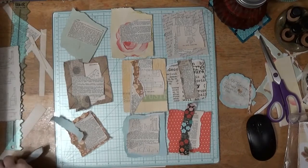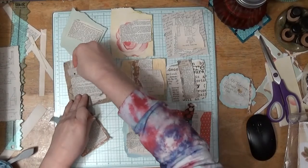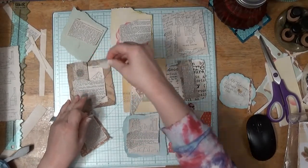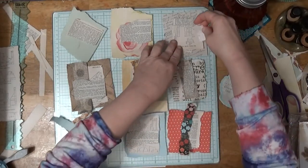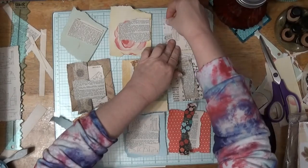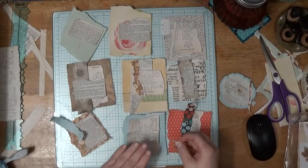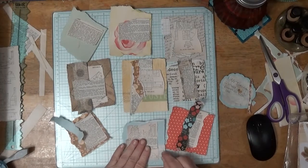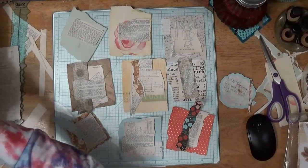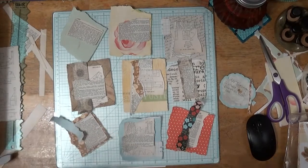And you know what I could have done is made it like a topper. I don't know that I'm going to like that anywhere. It's a little small. Let's see. Hey, that looks cute right there. I like that on that one. I like it right there. Okay. What else do I have here? Let's get into...